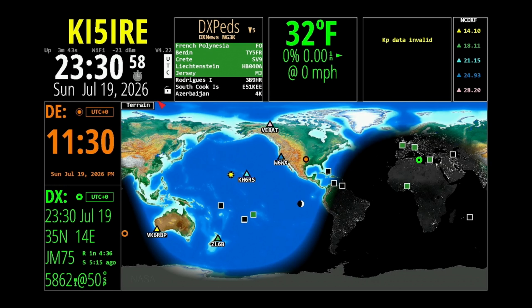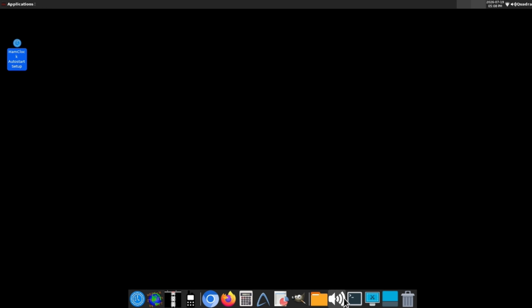So the fix for this is actually really simple, like 5 steps. The first thing you're going to need to do is go to the lock button in the top left of the screen, hold it for a couple of seconds, release it, and then a menu will pop up, and then click exit HamClock. And then after you've exited HamClock and you go to your desktop screen on the Inovato Quadra,